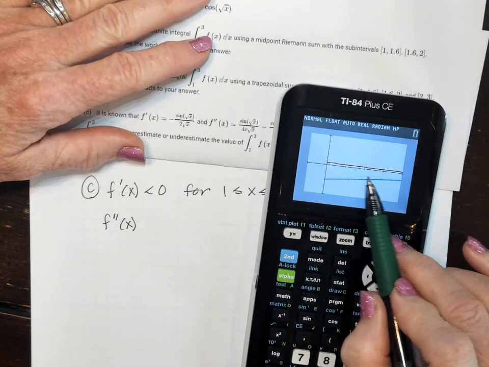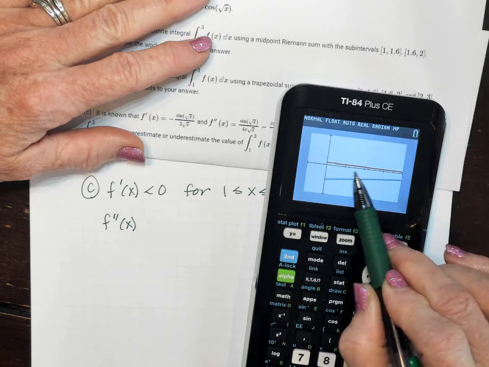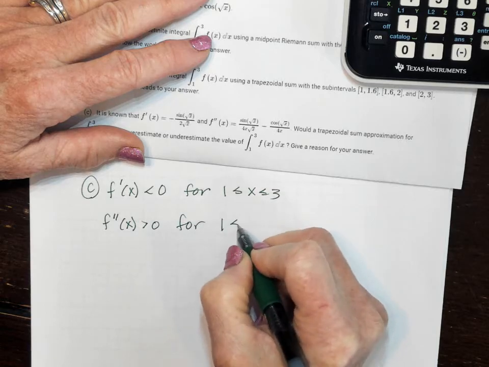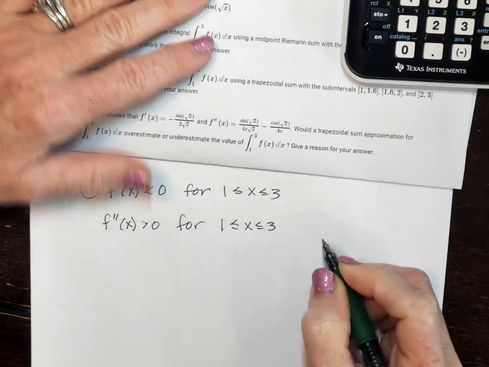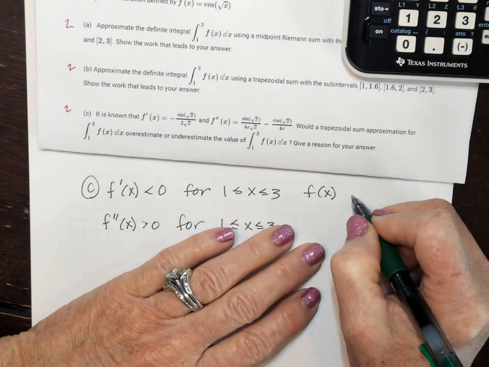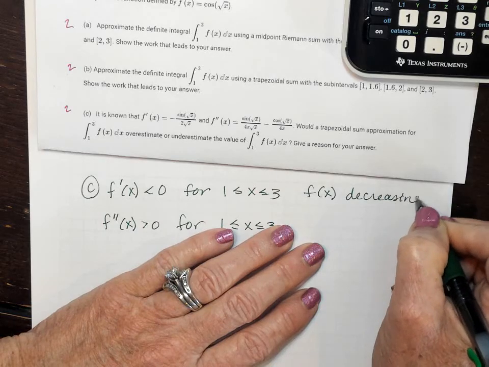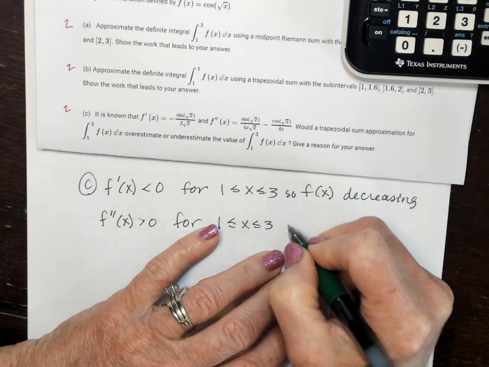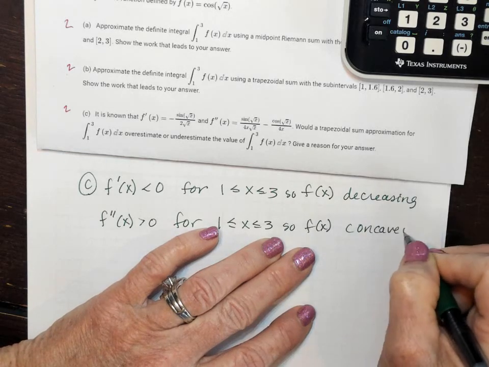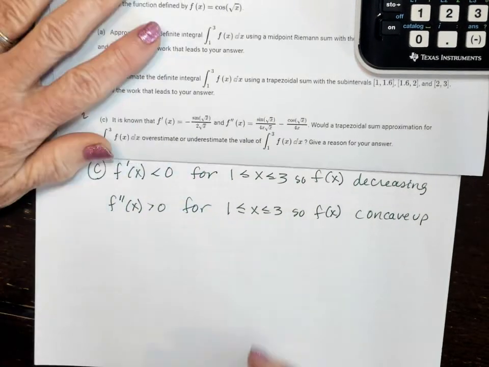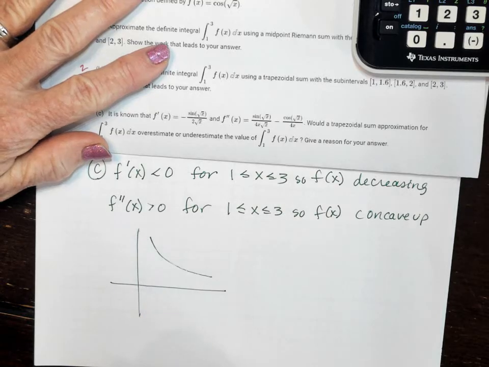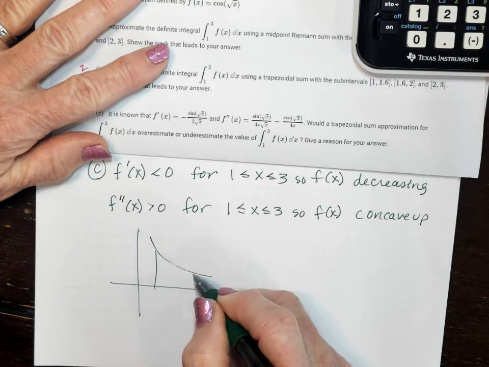And f double prime, which was red, is above the x-axis, so it is always positive on this interval. So that means f of x is decreasing, and f of x is concave up. All right, that means that my f of x graph is decreasing and concave up,